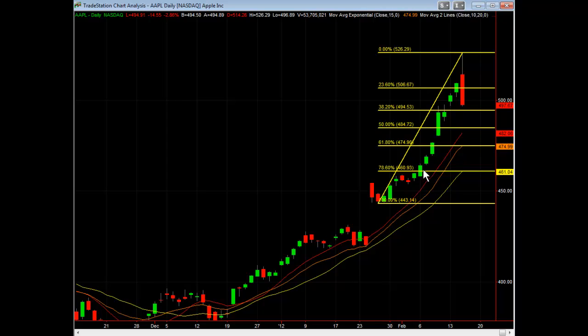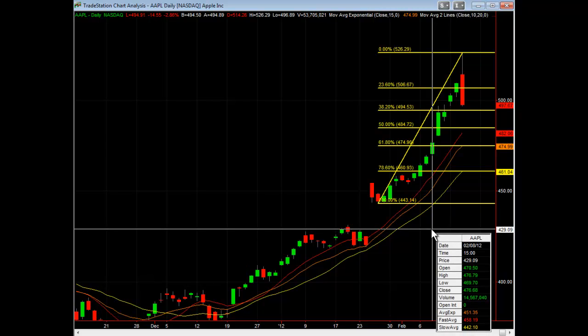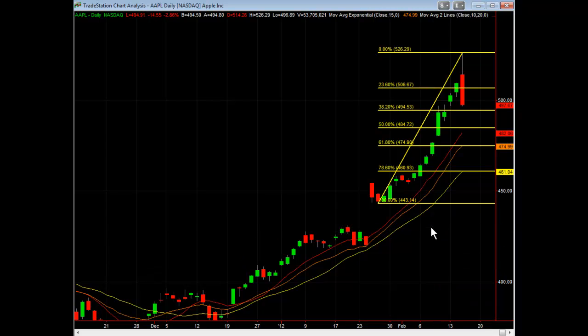Now there's a really high probability chance that Apple will retrace all the way down here to the 786, or even lower to the low of this gap island, or even fill the gap down here, which would be filling the gap at around 430. So with Apple and the tremendous volume that's been attracted in the stock, there's a lot of length here, a lot of profits. So you should see some good retracement activity over the next few days and even weeks.